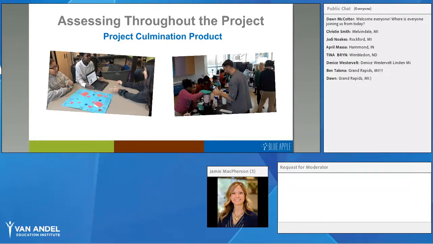And then finally, as we look at that end product, the project culmination, it's always so great to have that end product piece where students are presenting information to a group of people, an authentic audience. In some of the work that you see in these pictures here, one of the students in this project created a game for high schoolers to teach them about debt and saving money. And then the other project was they created healthy recipes, and so we have a chef here who they're sharing